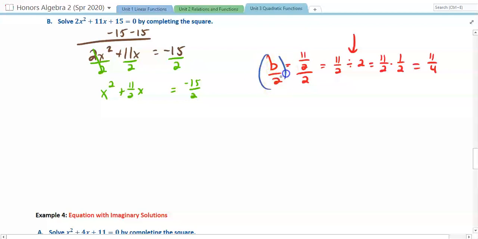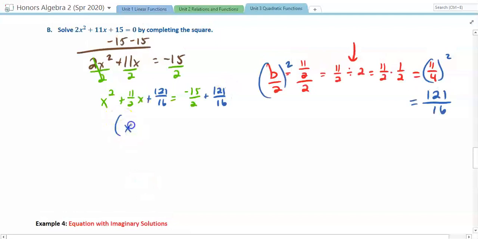Okay, and so now I'm going to take both sides and square it, the b over 2 squared. And so I'm going to get that this is equal to 121 over 16. Okay, so now I'm going to add that to both sides of this, 121 over 16 plus the 121 over 16. Okay, and so when we do that, we're going to get x plus, again, remember using the number in here, 11 over 4 squared is equal to, well, now I got to multiply both these by 8,